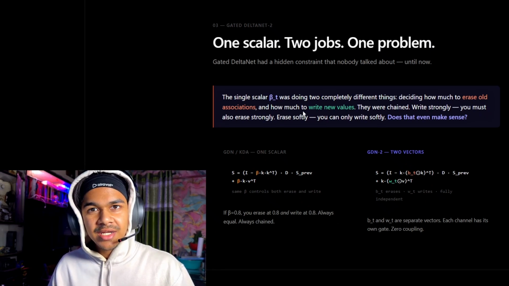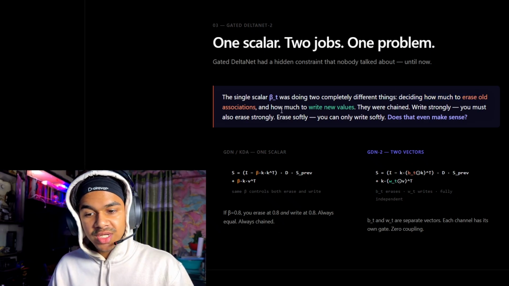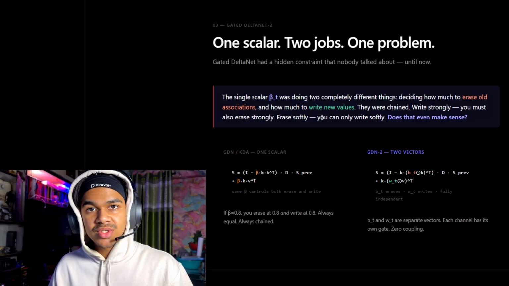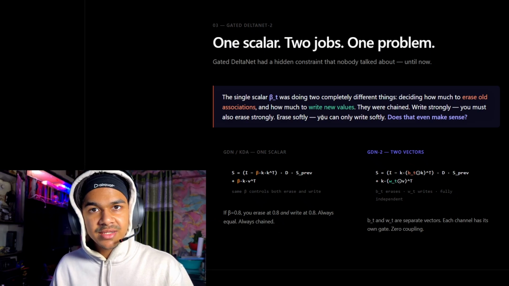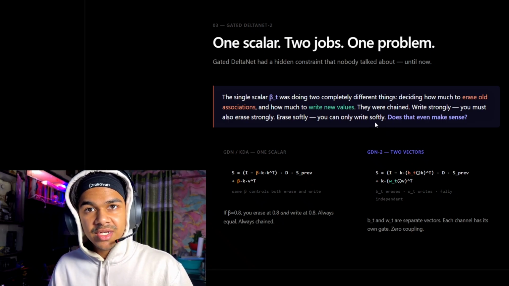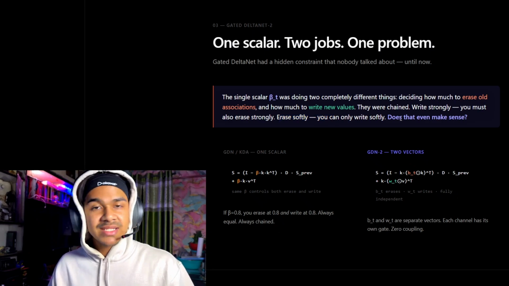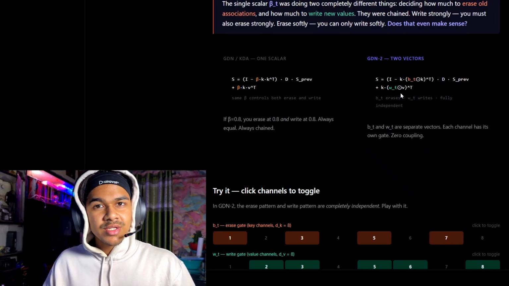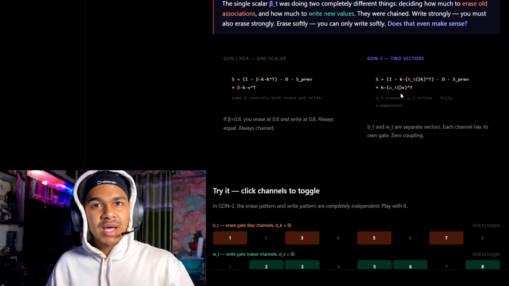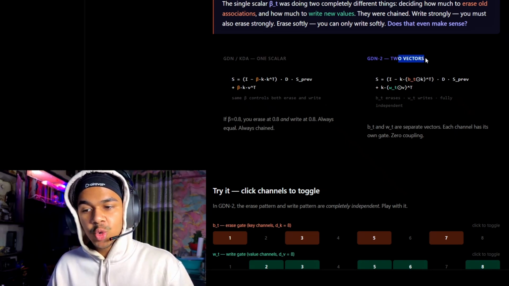In gated DeltaNet, there was a single scalar that was controlling two things that were not relevant to each other: deciding how much to erase old associations and how much to write new values. Is that even relatable? I might want to add more than I erase. Why should I erase the same amount that I write? It's just dumb. So NVIDIA researchers fixed it. Erase softly, you can only write softly. Does that even make sense? Absolutely not. So the Gated DeltaNet-2 paper fixed it by replacing the one scalar with two independent vectors,